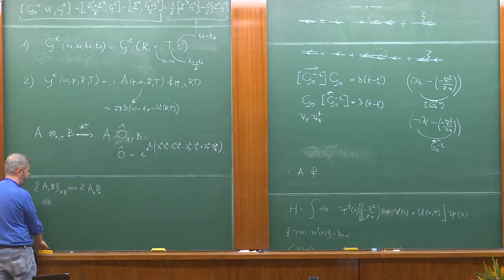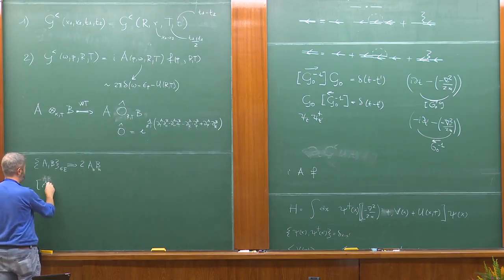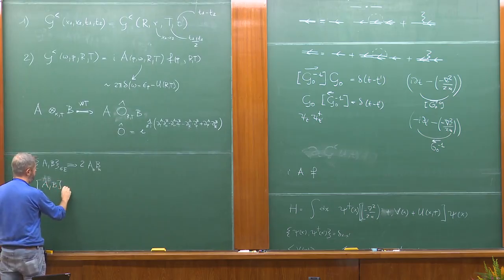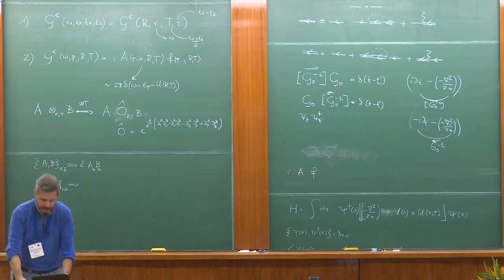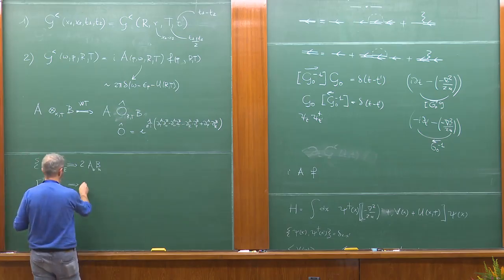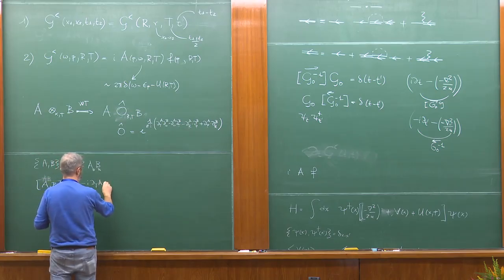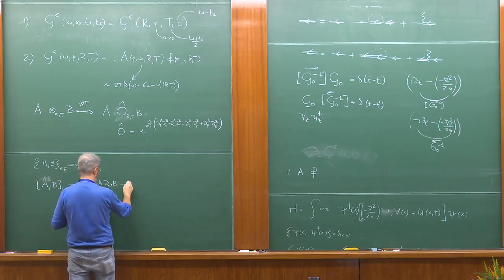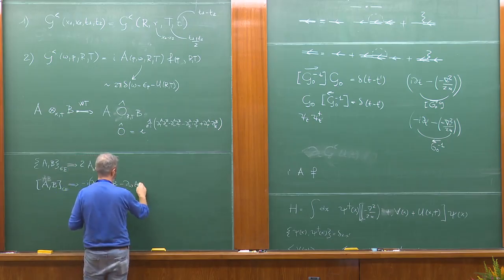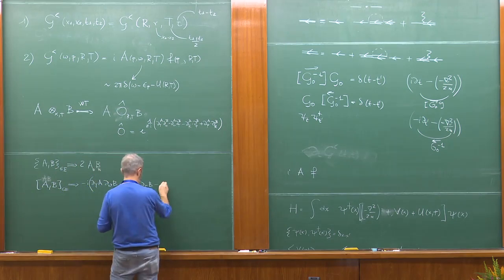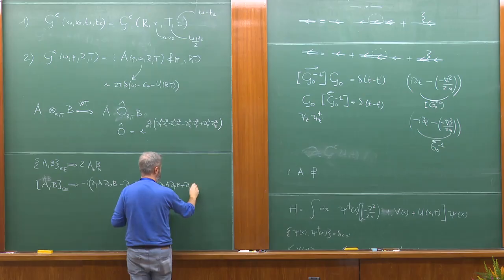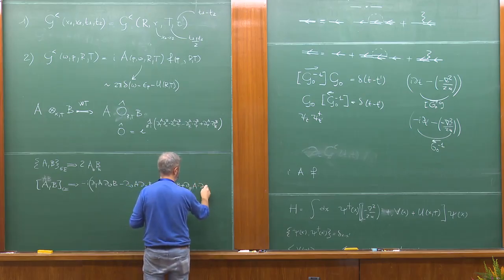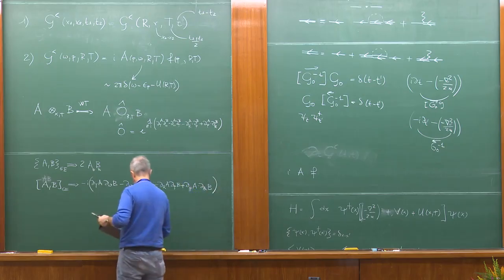If instead I have a commutator, the story is different. Because in this case, the leading order contains gradients. So it's minus i dTA d omega B minus d omega A dt dB minus dRA dPB plus dPA dRB. Okay,